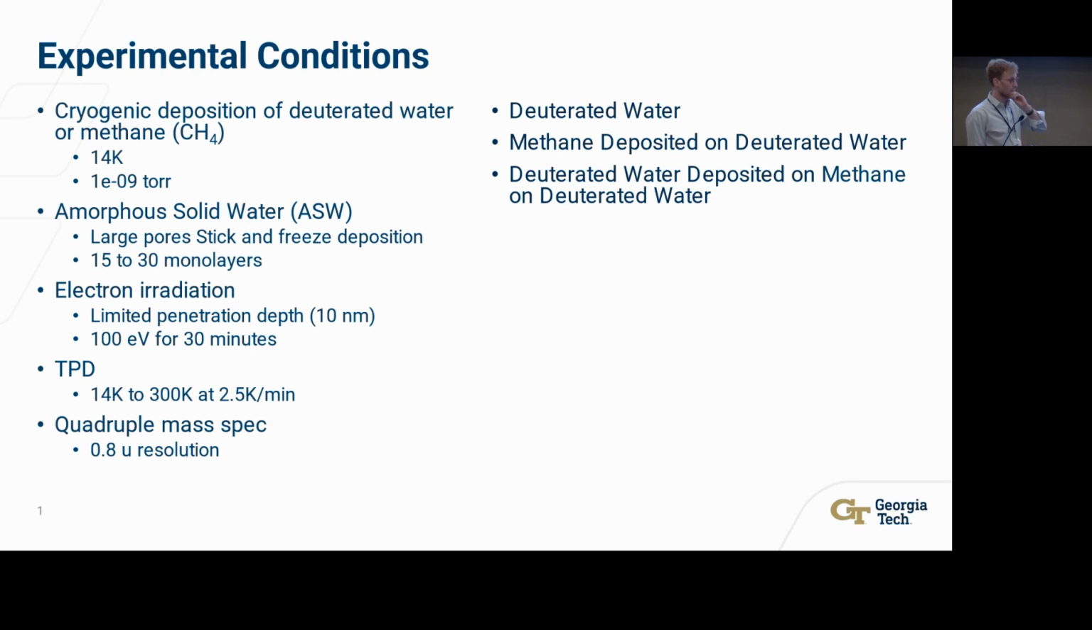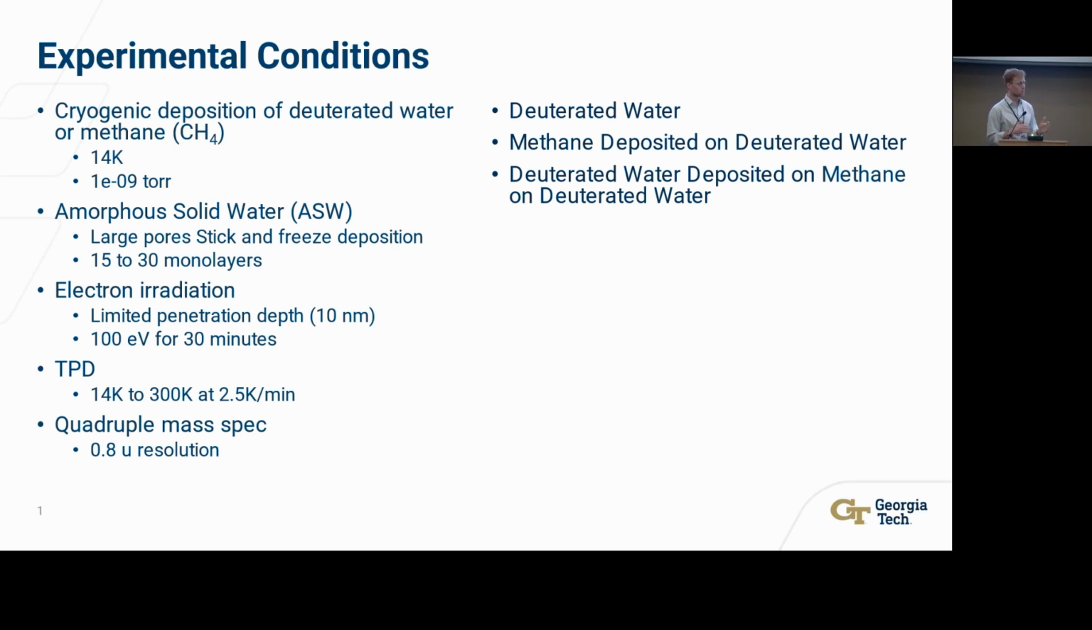So we are doing cryogenic deposition of deuterated water and then doing methane deposition on top of that deuterated water, as well as doing deuterated water deposited on methane and then another layer of deuterated water on top. So we're going to be working at cryogenic temperatures, at about 14 K, to create amorphous solid ice. Because at these kind of temperatures, you actually get a less dense form of ice. So you have pores, which can then contribute to the trapping of volatiles, which is the main focus of this